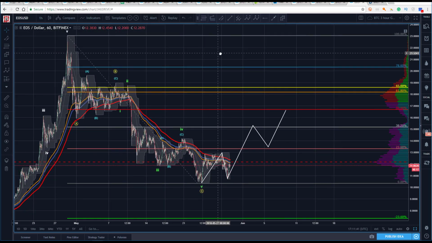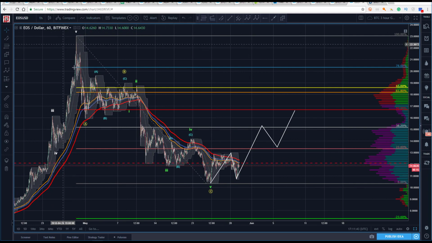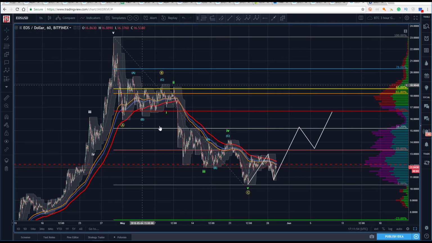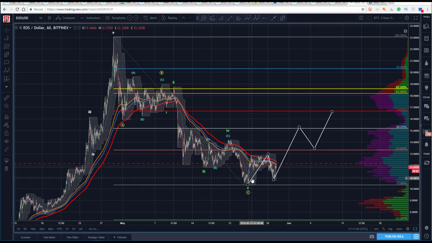The only thing you can use to your benefit is looking at the prior wave relationship here. Does this look corrective? Are we correcting this? Or have we finished a full correction here? This would certainly be potentially now a full correction. We have all of the subdivision we'd look for. So the bias would be to the long side.